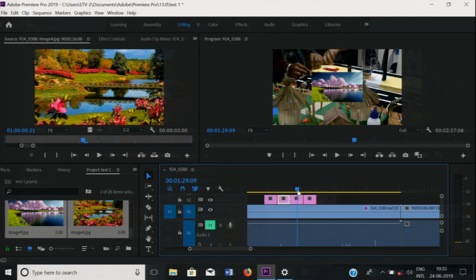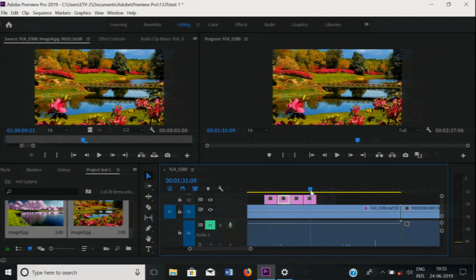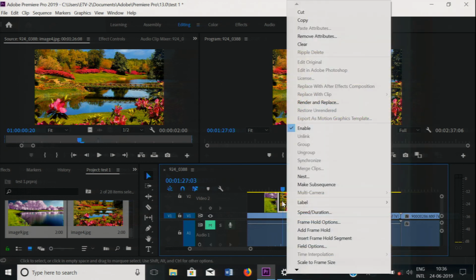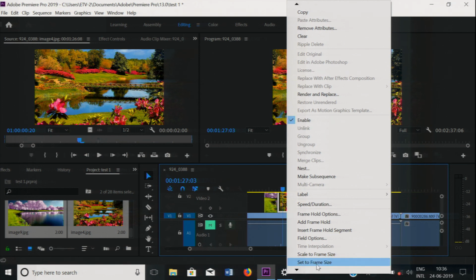Sometimes the size of the image does not match the frame size of the sequence which we have already set. So, just click it and right click it and select set to frame size.